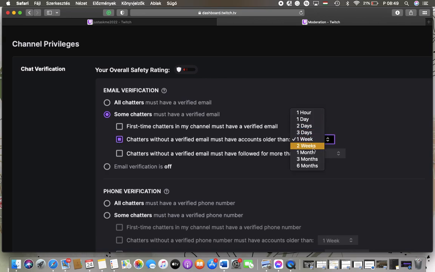ranging from 1 hour to 6 months, and you can also select the chatters must have followed for more than, and if you tap on this button you can set from these options, or you can also turn off the email verification